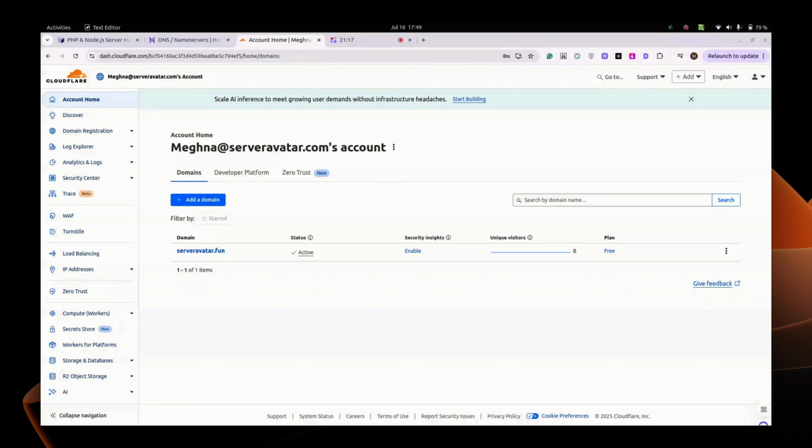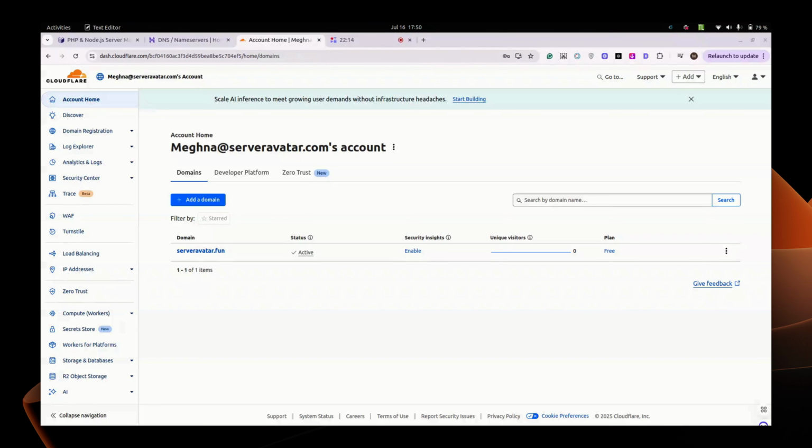Other DNS records are the SRV record that defines services like VoIP or messaging and their respective ports on your domain. Another one is the PTR record, a pointer record that is used for reverse DNS lookups, translating an IP address back to a domain.